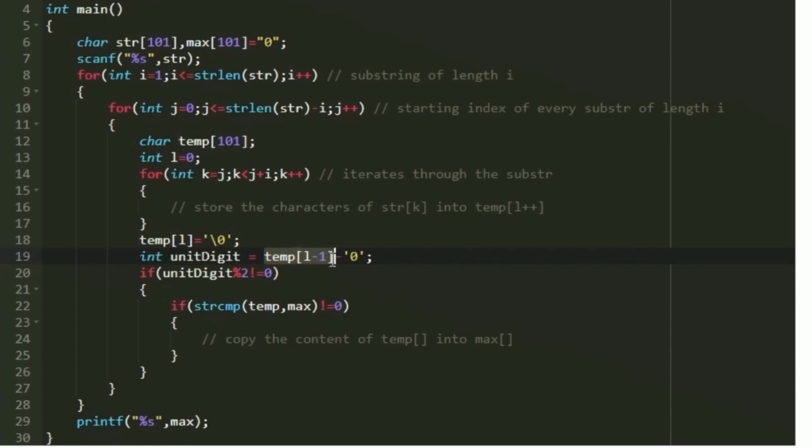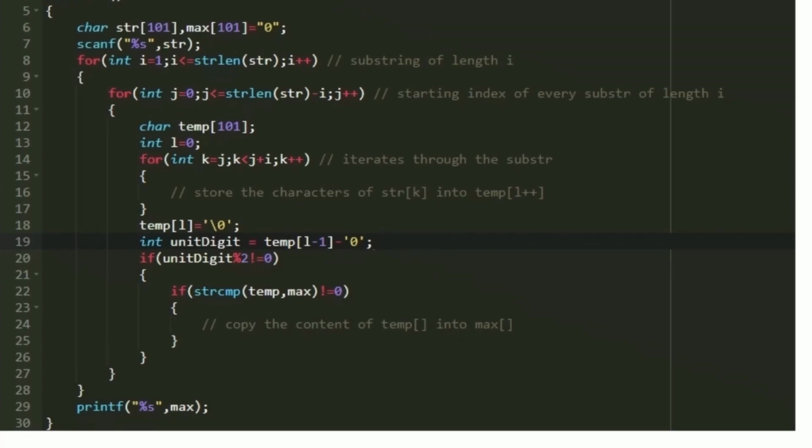So I am storing the character present at the index L minus 1 minus the character 0. The reason why we are doing this minus 0 is to convert the ASCII value into a decimal value. The characters are stored as ASCII values. After converting it into a decimal value, we are storing that last character in the variable named unit digit. Now if this unit digit is odd, then the whole integer will be odd, else it will be even.